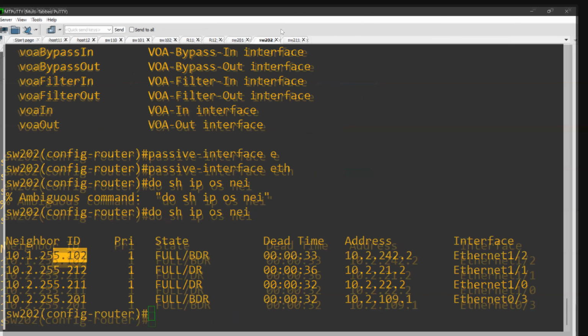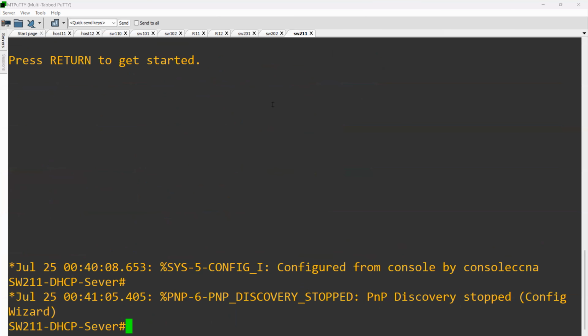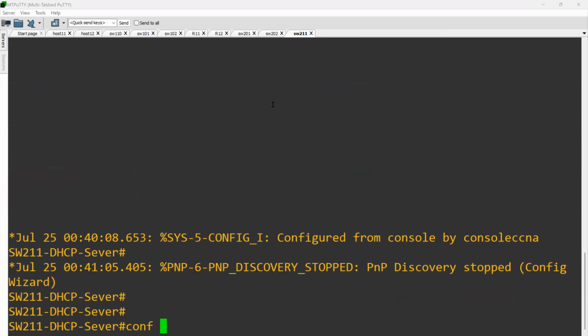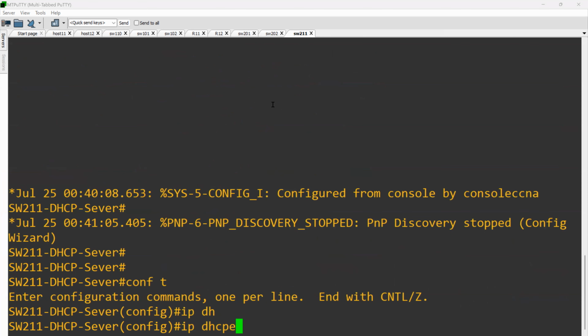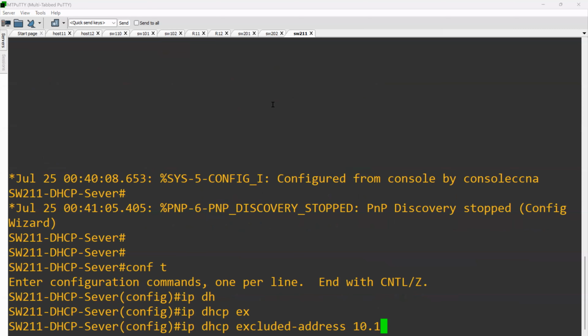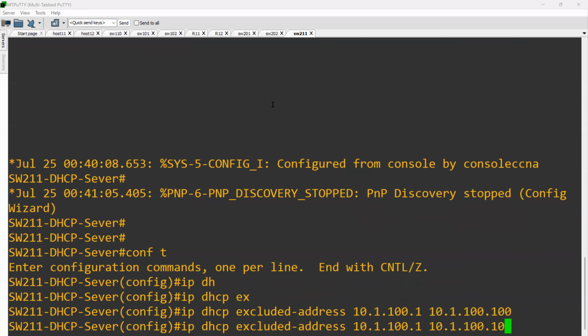So let's go to the DHCP server. This is our DHCP server. What you can do, you can exclude some addresses, 10.1.100.1 to 10.1.100.100, because you want the address should be released from 101,